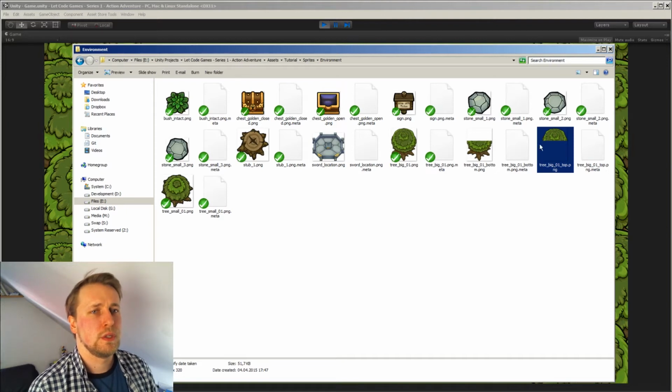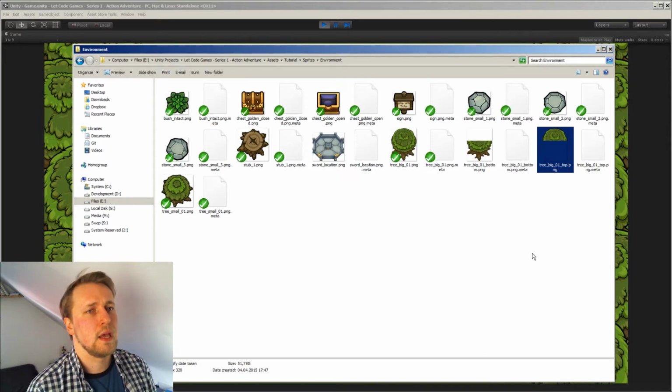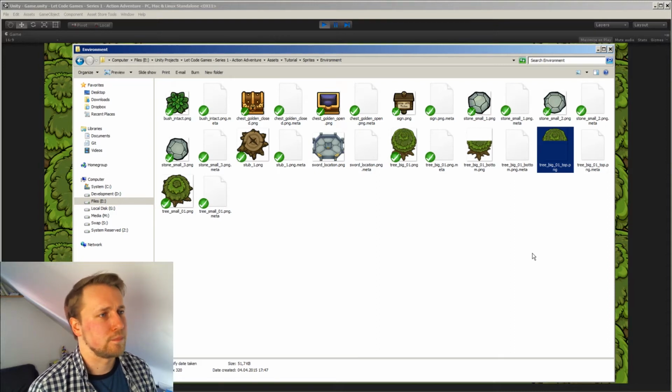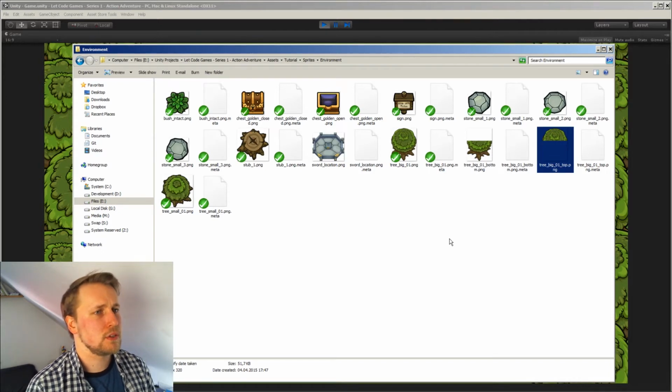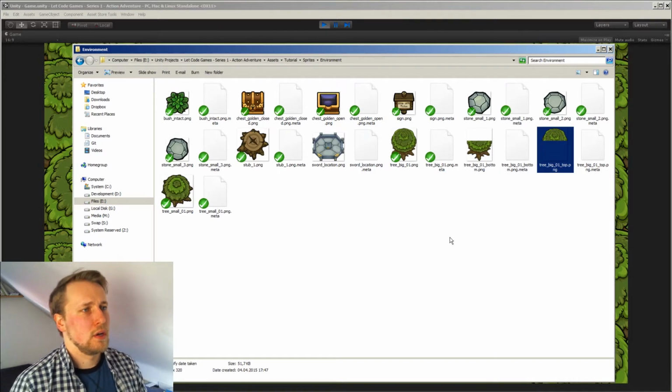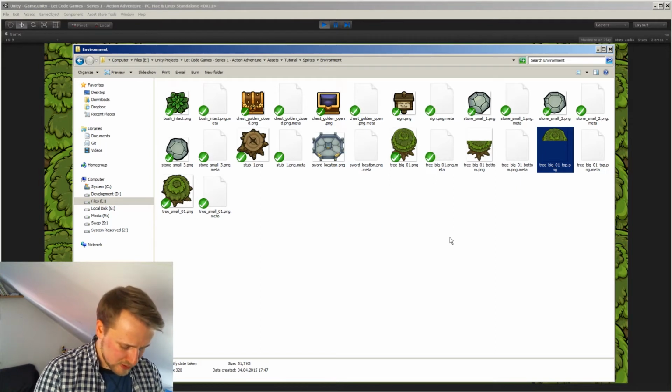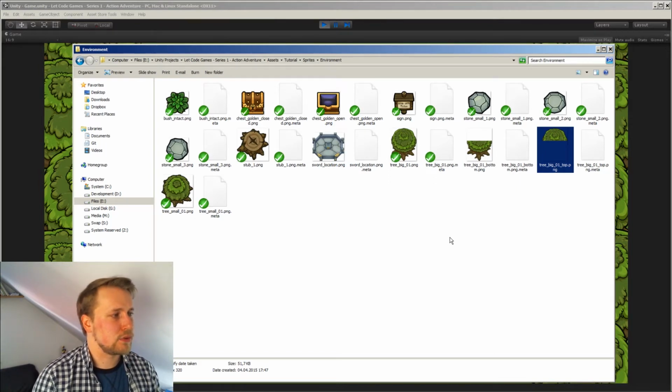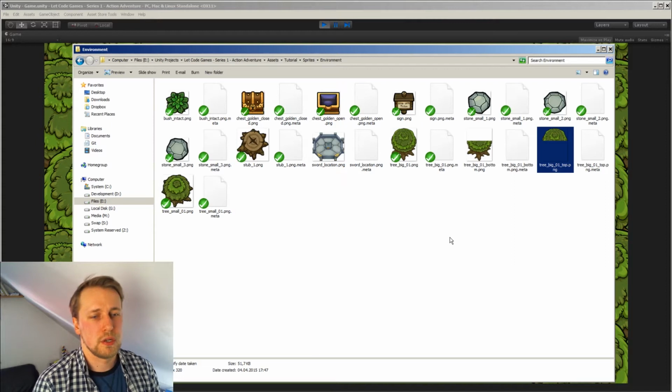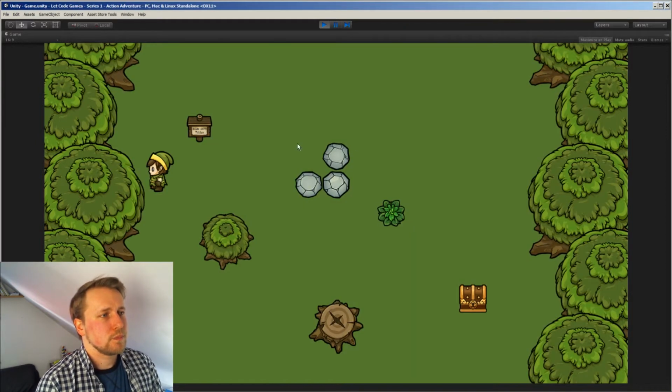So our character basically can walk into it, but the tree will be drawn on top of it, so it appears like the character is behind the tree. And I think we start with that because that is quite a simple thing to do, and let's remind ourselves how we set up the level and stuff. So it's a nice introduction for today's show. Okay, so